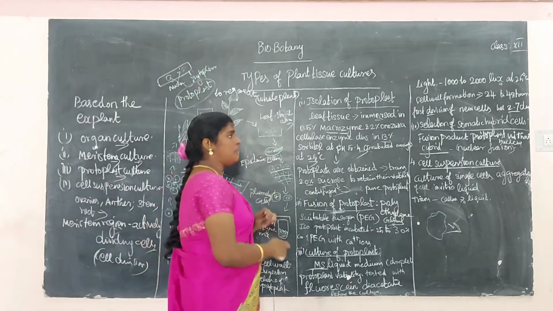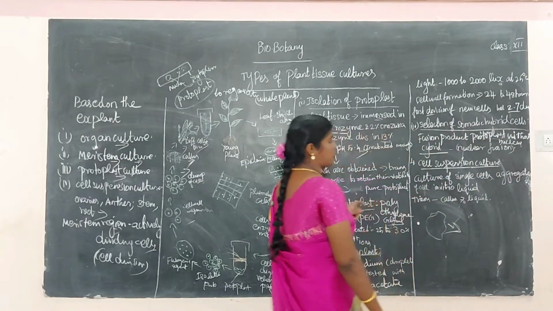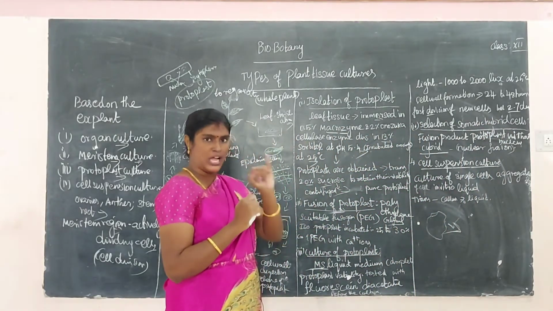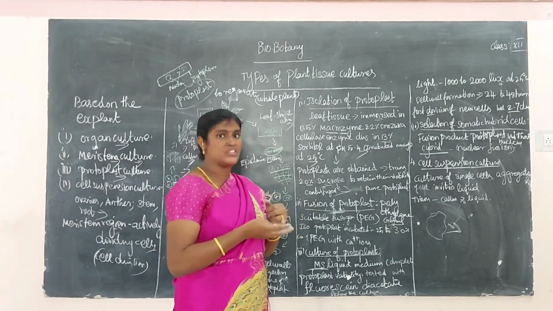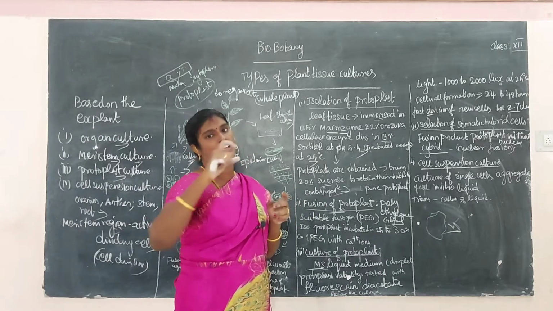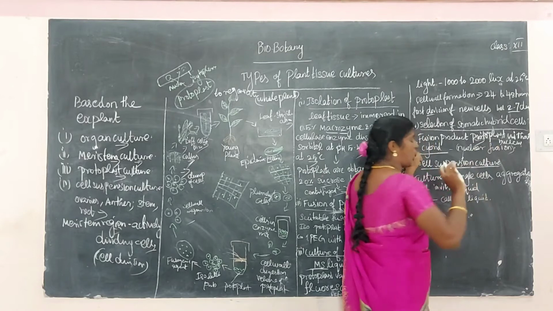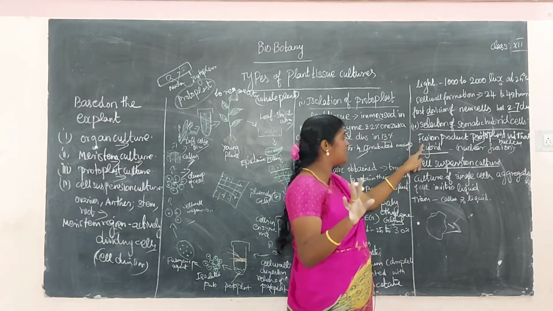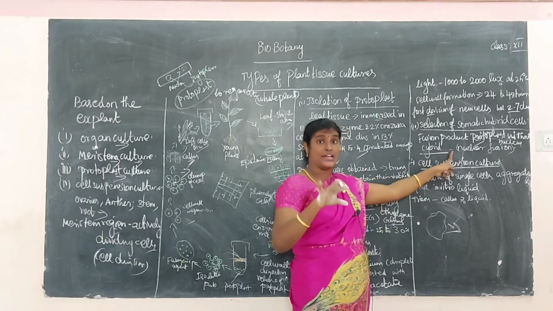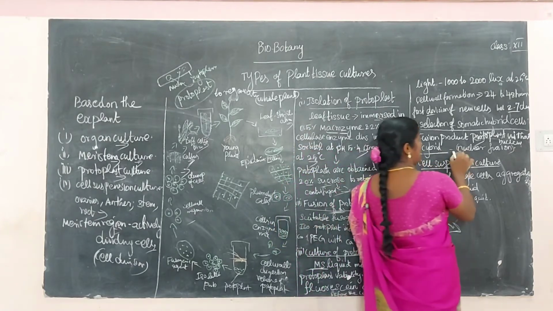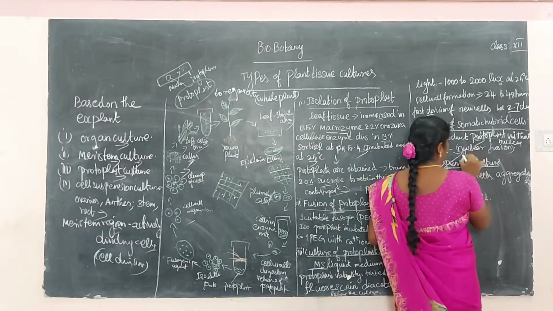Okay. So next, somatic hybridization. What is the meaning of somatic hybridization? Somatic hybridization means the first fusion gives the cybrid, followed by the next fusion of protoplasts with nucleus, that is called somatic hybridization. So in the first process, where does the fusion happen? If the protoplasts fuse without the nucleus, it is a cybrid. In the second process, if the protoplasts fuse together with the nucleus, that is called somatic hybridization.